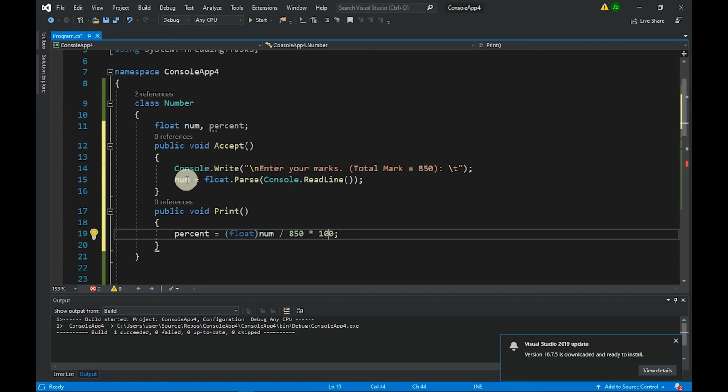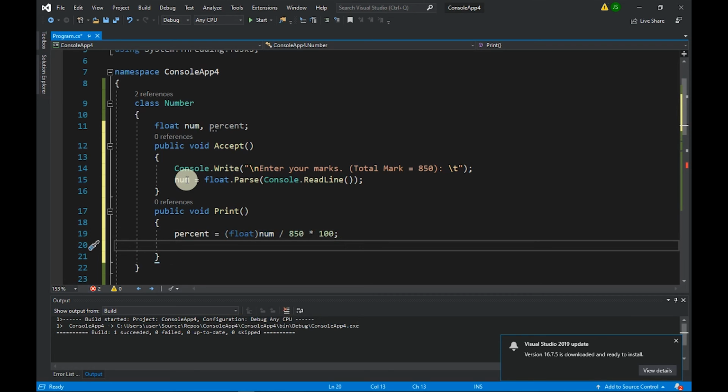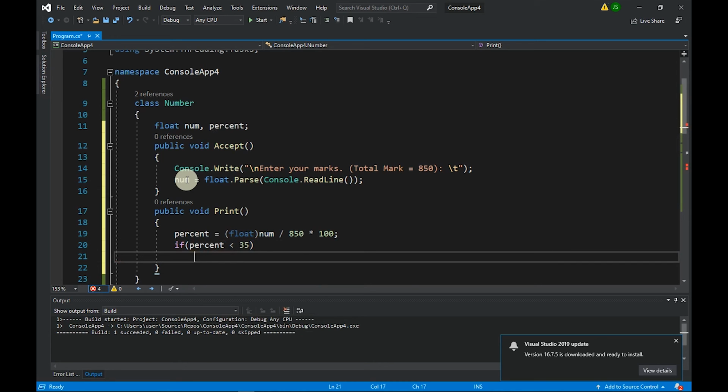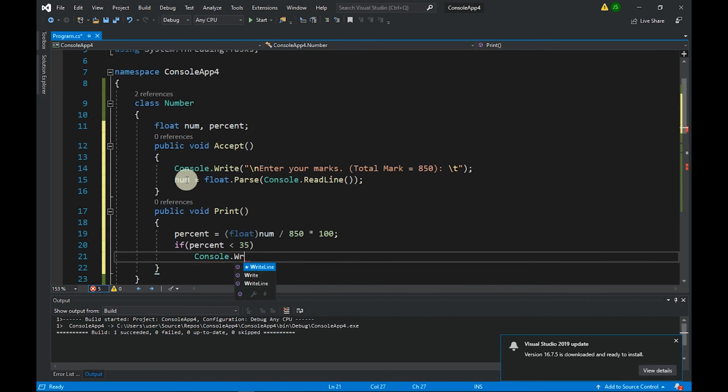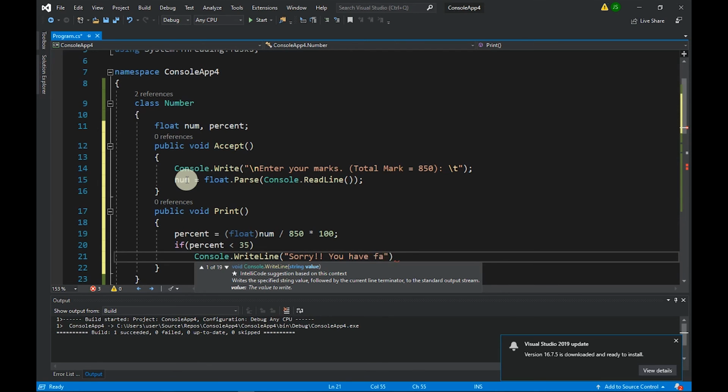Okay, and now we're going to say if percent is less than 35, then we're going to write that you failed. So it's console dot write line, sorry, you have failed. Okay, you have failed. And then else if